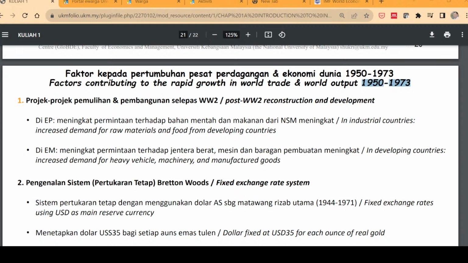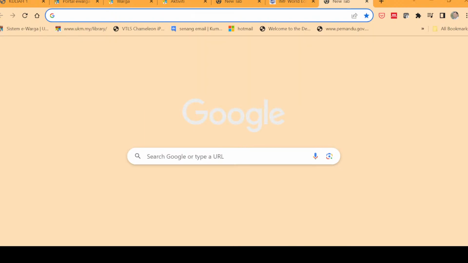The second factor is the fixed exchange rate system under the Bretton Woods system. What is Bretton Woods? So that was the conference among